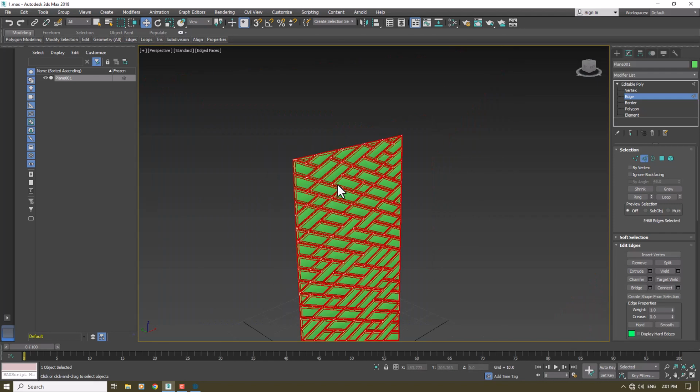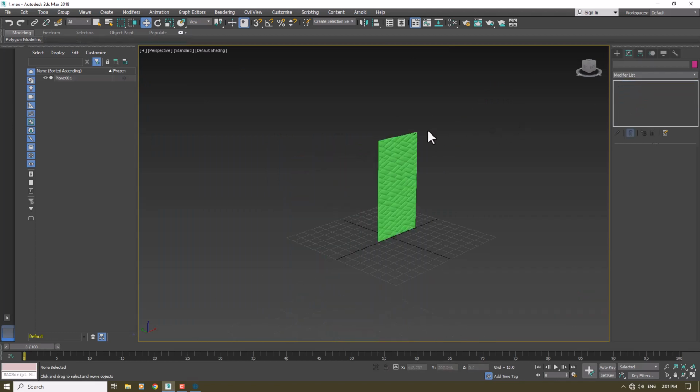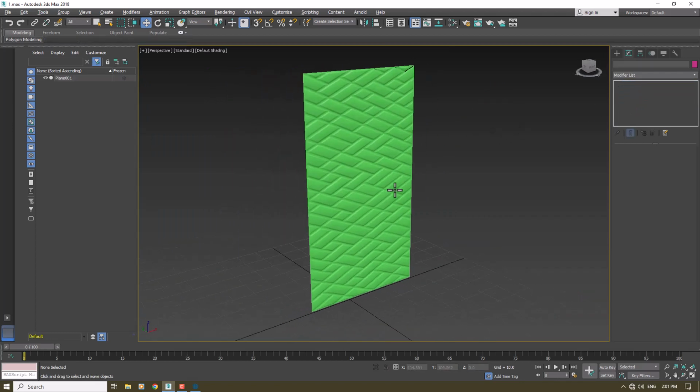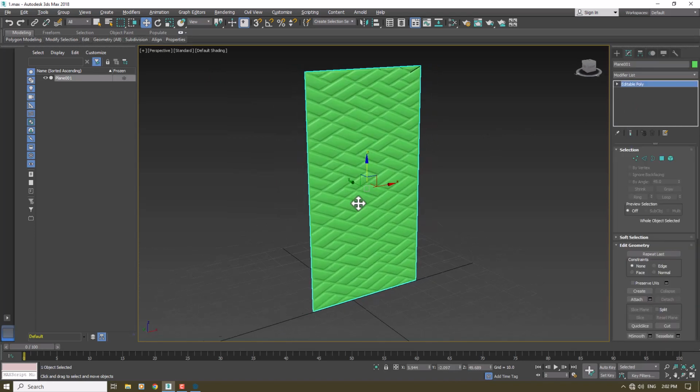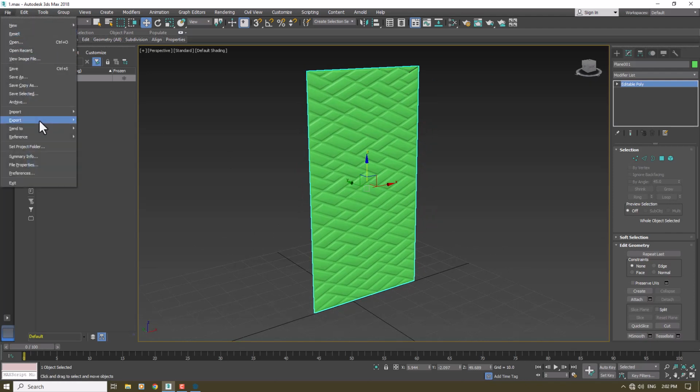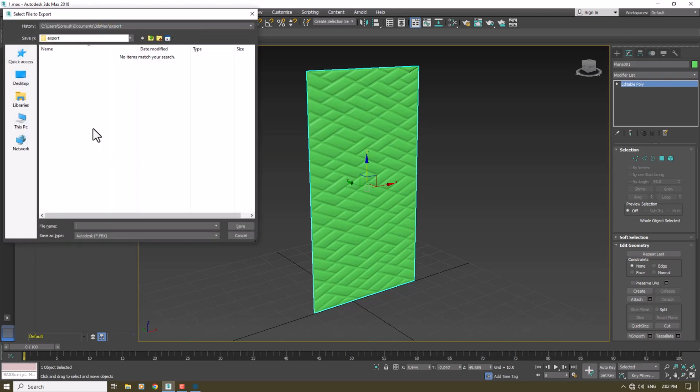So when I press F4 and exit from my editable poly, this is the final result that we have in here with some good details, and it's really fantastic. So I will Ctrl S on my job, click on the file and export it, for example, export selected, or I can click on the file and export my job in here. I want to use, for example, some type of 3D output, maybe FBX or 3ds,